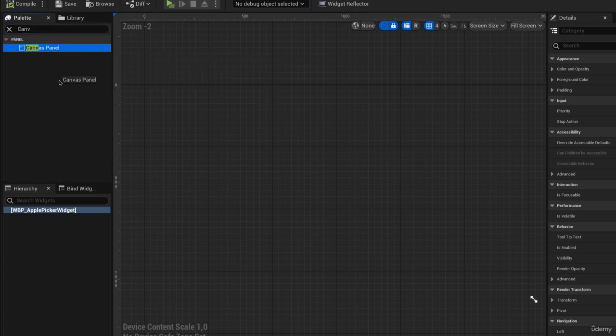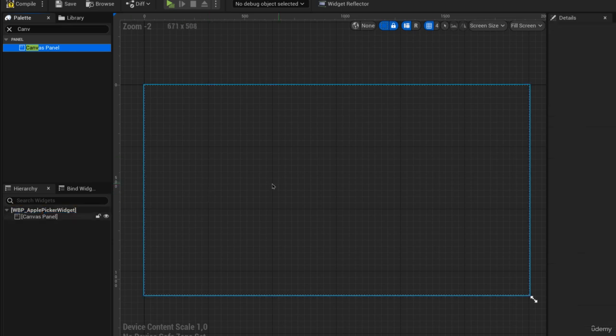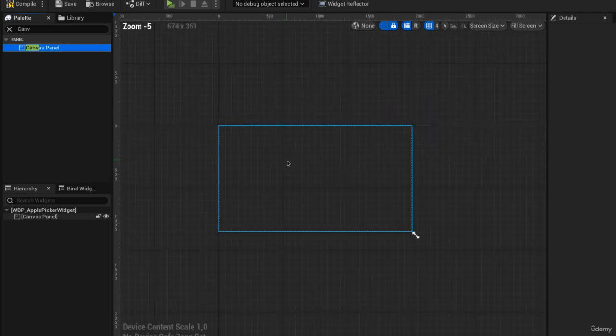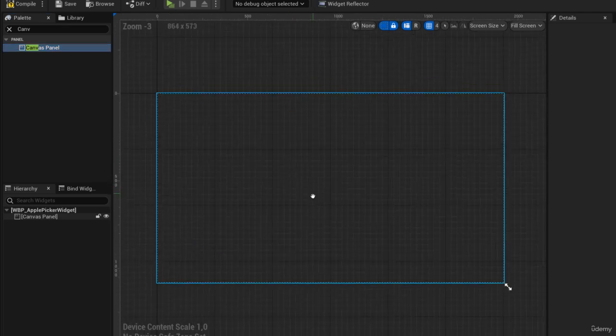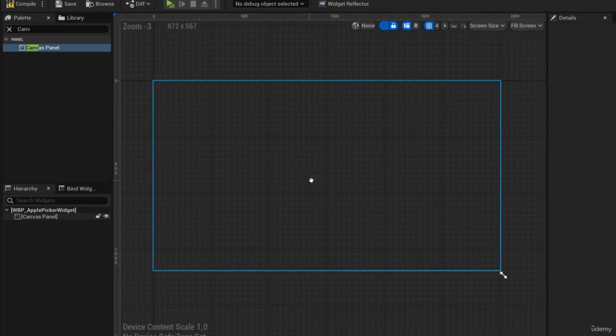Moving on then, let's drag and drop that canvas panel onto this object to form a hierarchy. Now this canvas should show up. It has this blue outline which represents the outside borders of the screen. So we want to place our controls within that outline. Navigation is the same as in the graph. Scroll wheel to zoom, right mouse button to pan around, and we will use left mouse button to select, edit